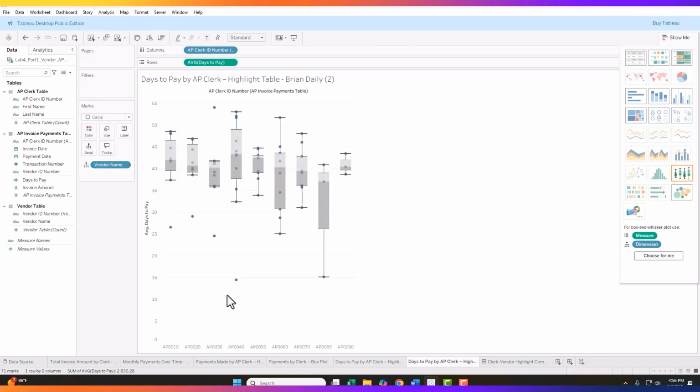So taking a look at this one, we also see an outlier with the amount of time to pay with AP40, and if I mouse over that outlier, I do see that it's SLC Incorporated. We do see a couple outliers with some other vendors, and their average days to pay were a little bit lower than the typical for them. But remember that when we looked at those other accounts payable clerk and vendor combinations, they weren't flagged for amount. So I don't think that those are something,